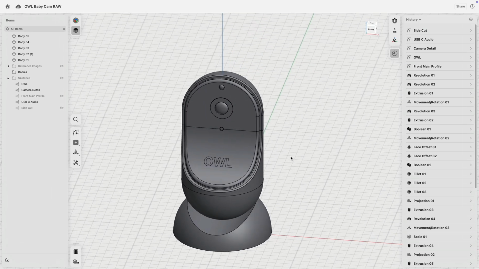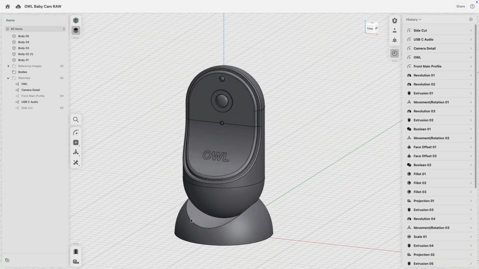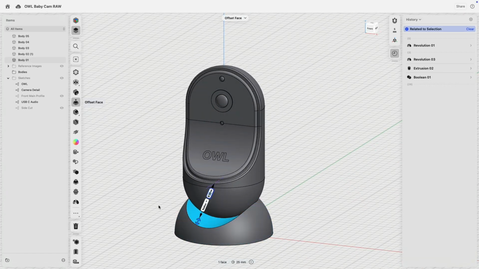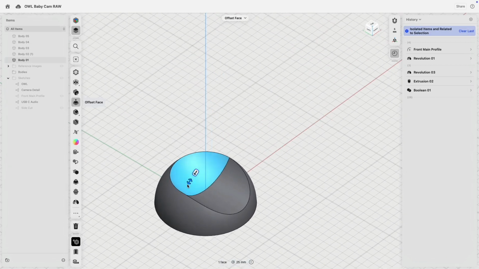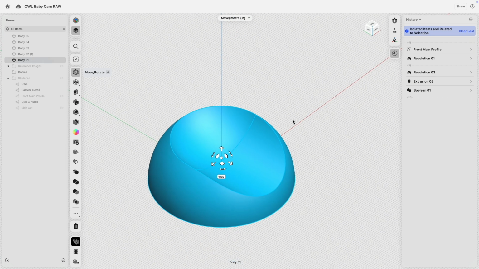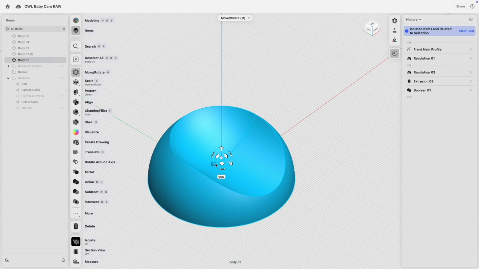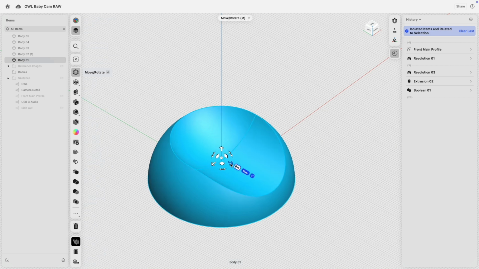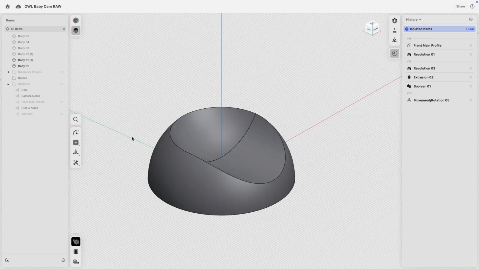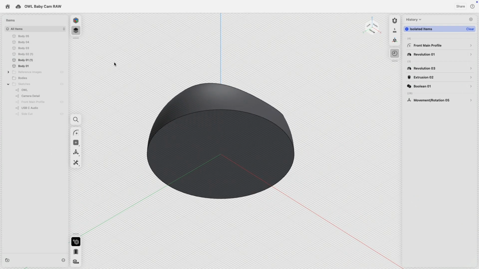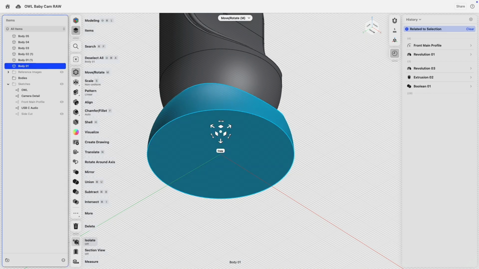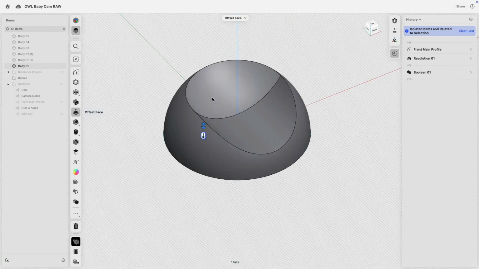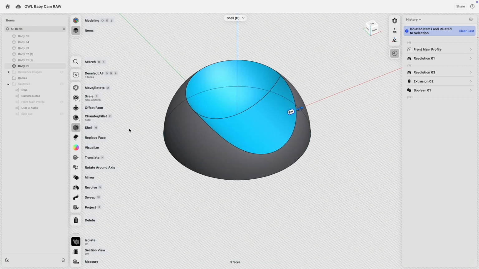The maybe last thing now to do is the base. This is plastic outside, and then there is a soft sticky material in the inside. Let's isolate this. How can we do the base very quickly? Pretty much the same way, or in a similar way. I will make a copy there and back. Very good. And now I have to unisolate. I select the first base, isolate, and then I will select the bottom and these top faces, go shell,